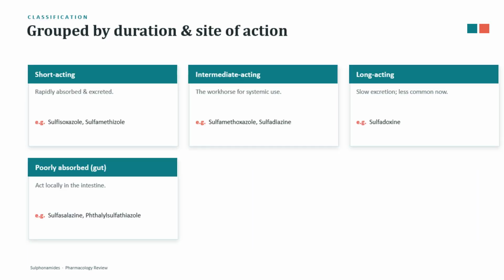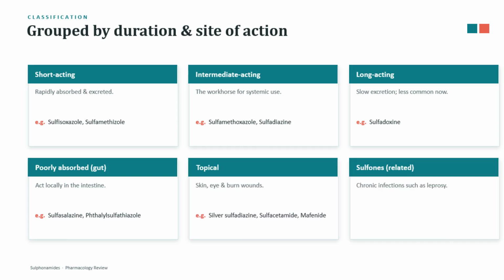Let's organize these drugs so they're easy to remember. We classify sulfonamides mainly by how long they act and where they act. The short-acting ones, like sulfisoxazole, are absorbed and excreted quickly. The intermediate-acting group,